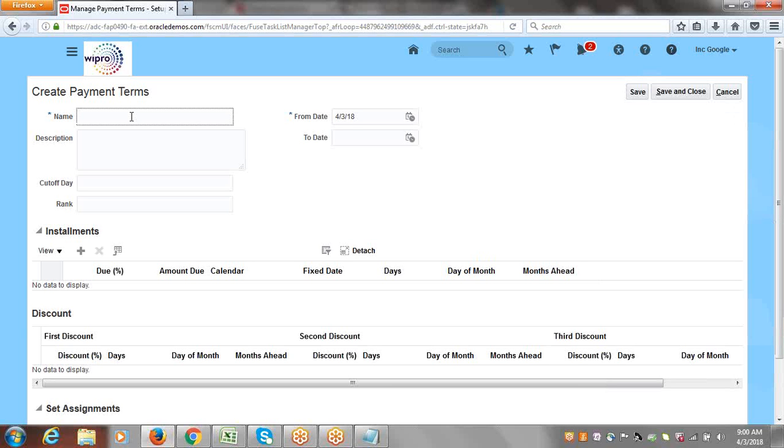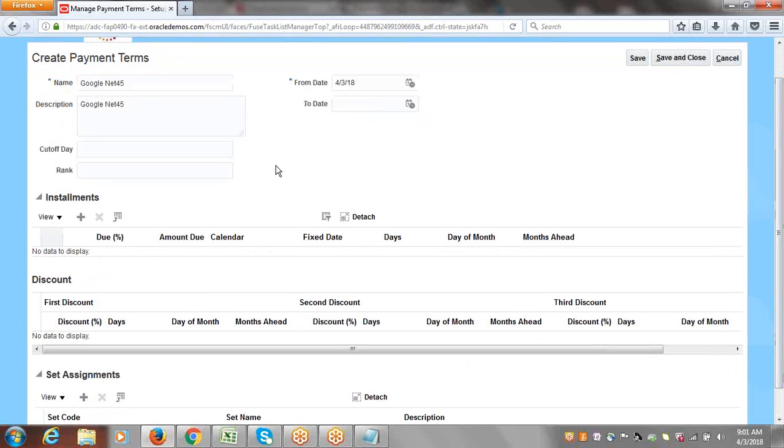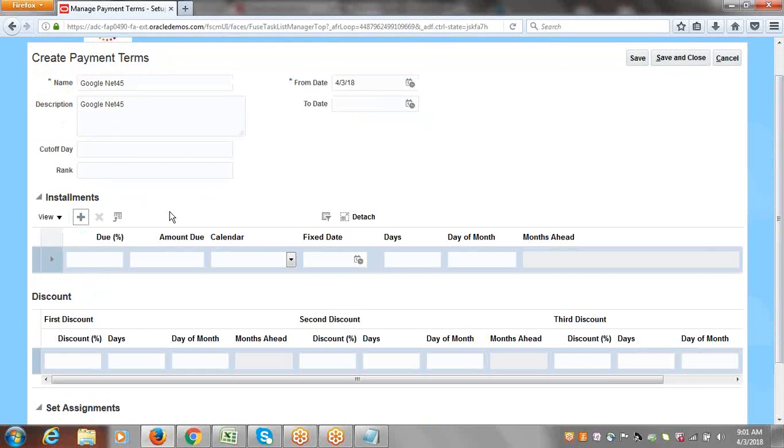We'll create one payment term called Google Net 45. Okay, let's create with this name. And here you can specify the installments. The same way we create payment terms in EBS, same process. Just click on add installments. Here you can say, 45 days payment term we are creating, 100% due should be cleared within 45